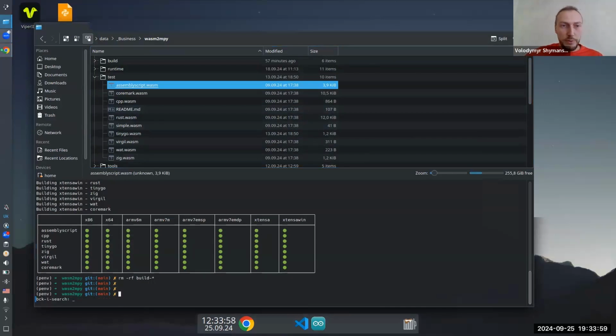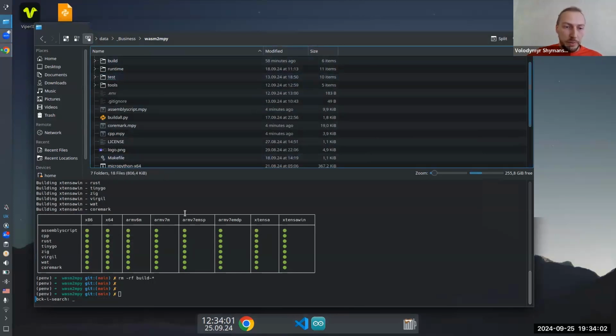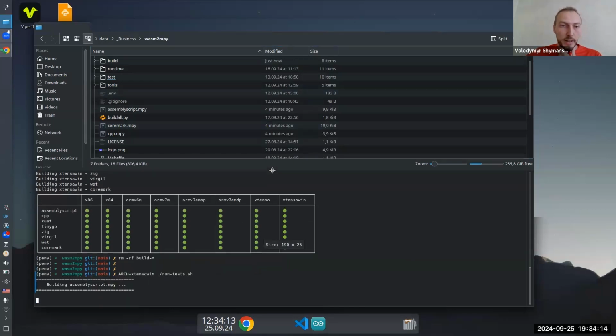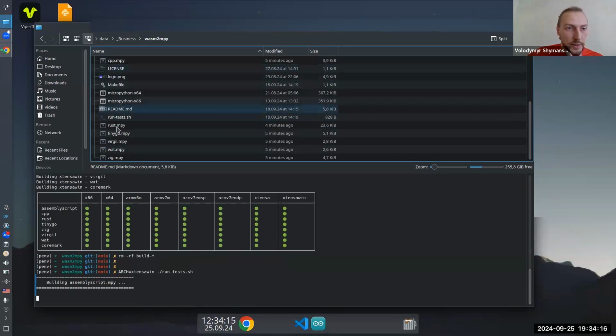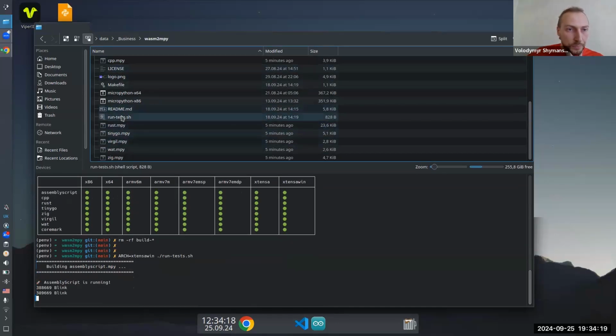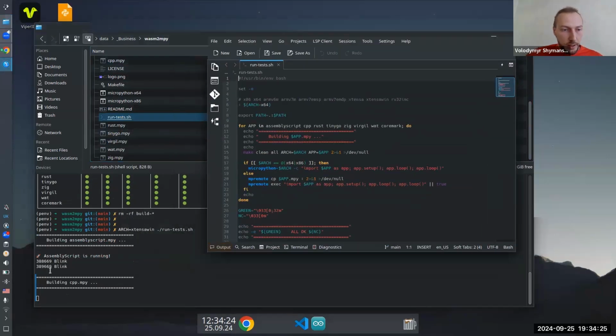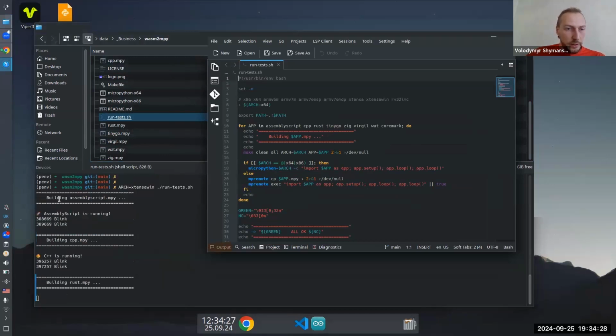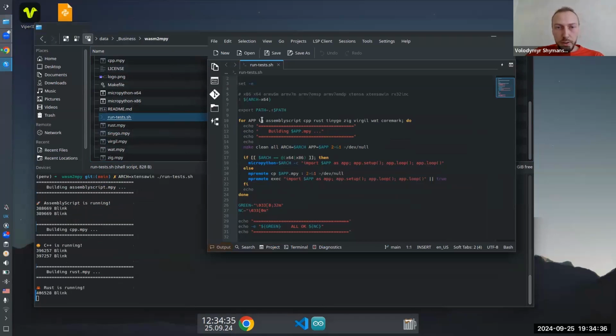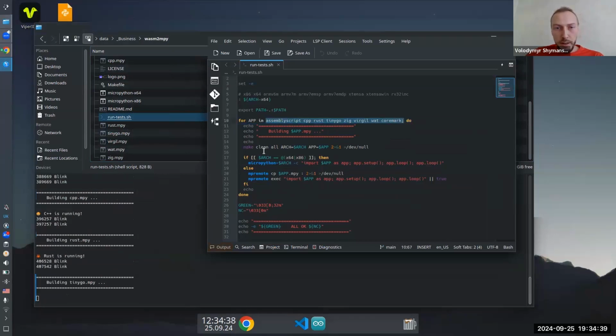Let's do it. Let's run all these WASM files on ESP32 S3. I'm just running tests. Let's check out what the script does, because it might be interesting. As we can see in the background, it just builds every single application and then runs it on ESP32. This is a script where we are looping through all the apps.